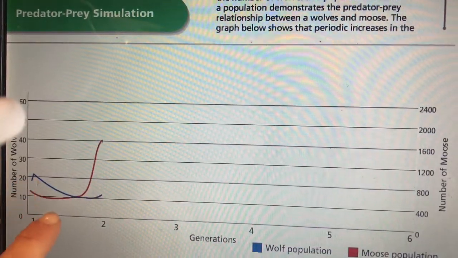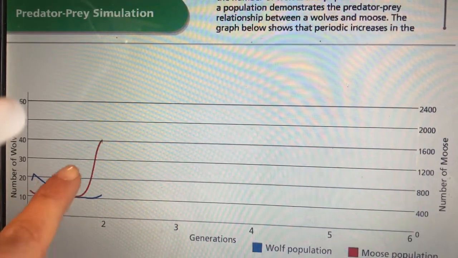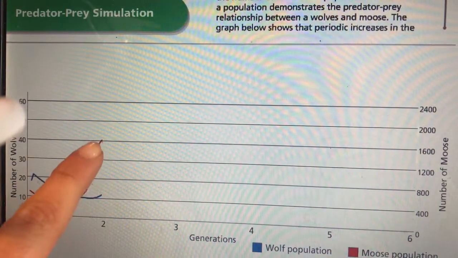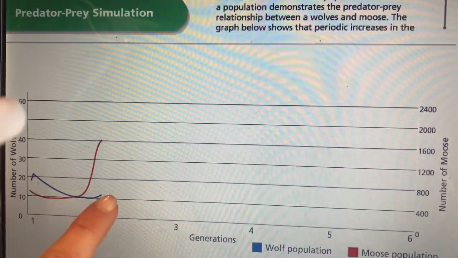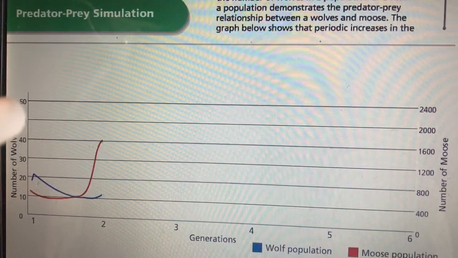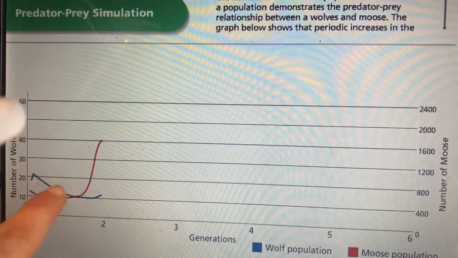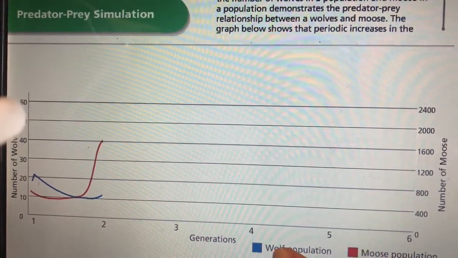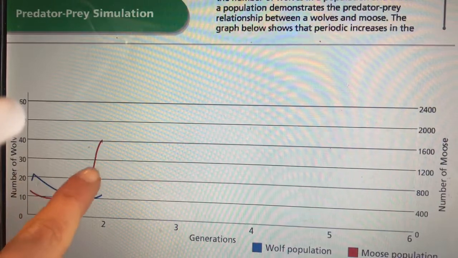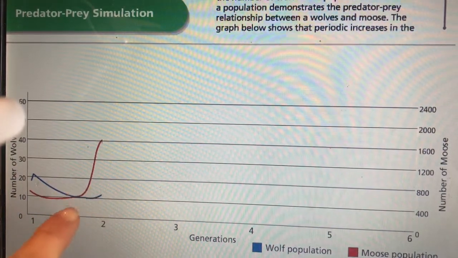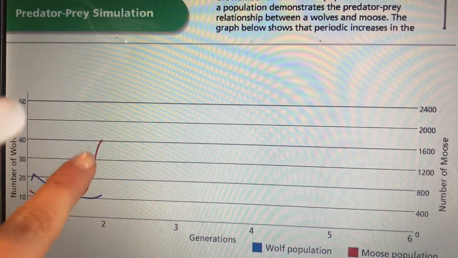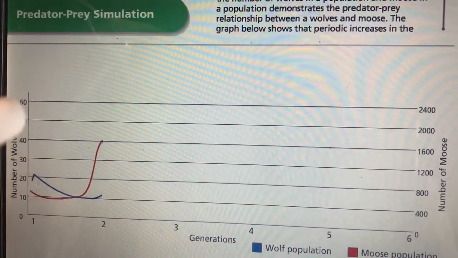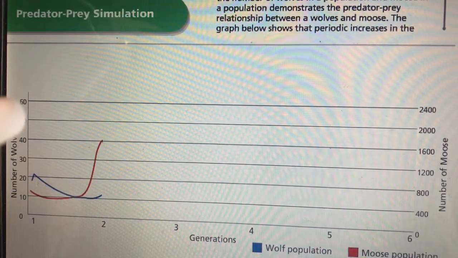So you can see that as the population of the moose rises, so it's a steep rise there, it's rising because if we look at the wolf population in blue, the wolf population is really low. So that allows the moose population, if you can see the key, red for moose and blue for wolf. So you can see that if the predator population is low, it allows the prey to survive and to reproduce, and their babies to survive, and so we get this spike in their population. If I then press play and carry it on,